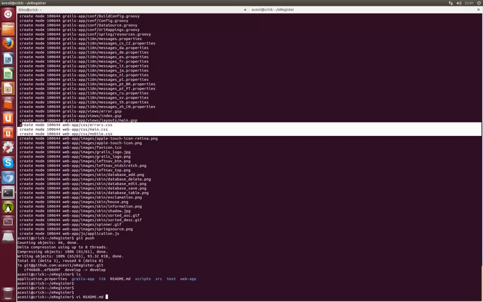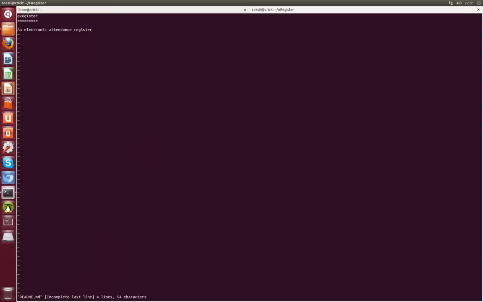I'm going to use VI. You might like to use gedit in class. You get that slightly nicer editor. So this is a markdown file, .md. Markdown gives you just some. It's basically a wiki markup language. When people go to your project, they'll see the readme.md for the default branch in your